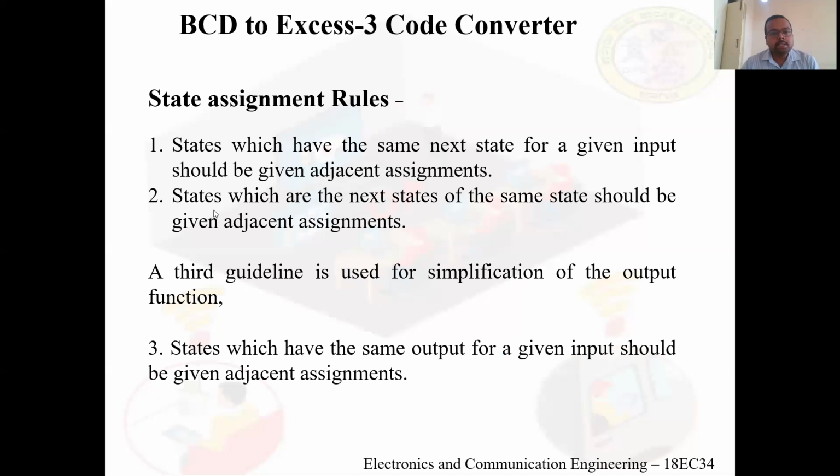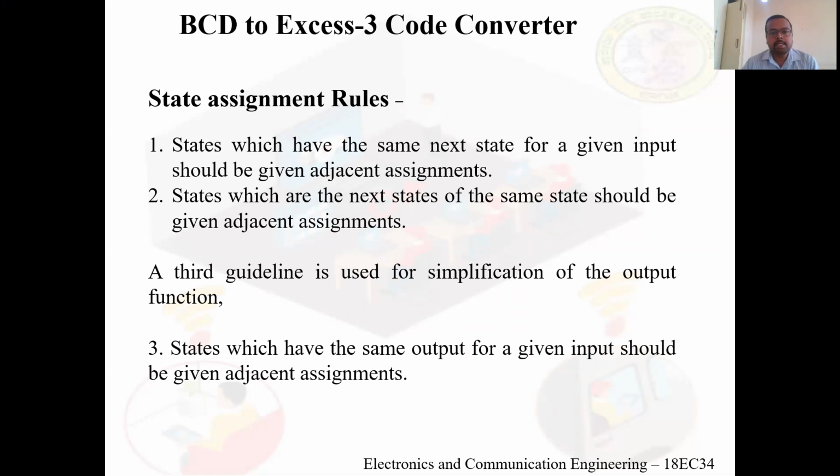The second rule states that states which are the next states of the same state should be given adjacent assignments. And the third rule says states which have the same output for a given input should be given adjacent assignments. Keeping these three rules in mind,